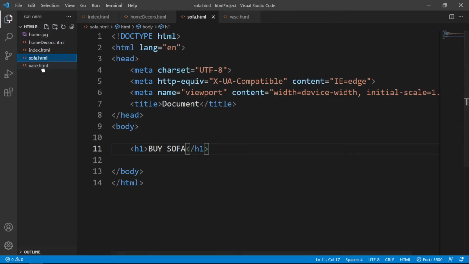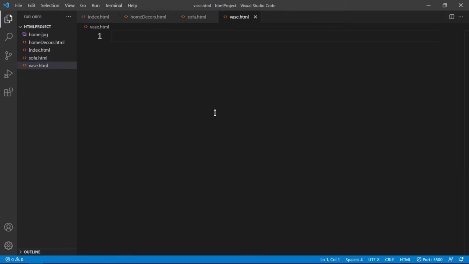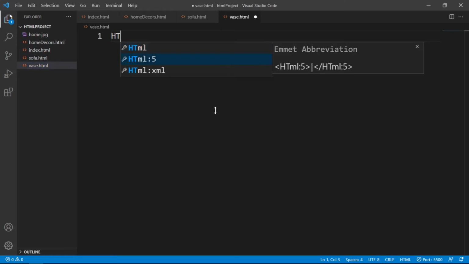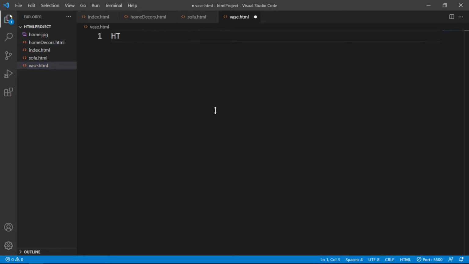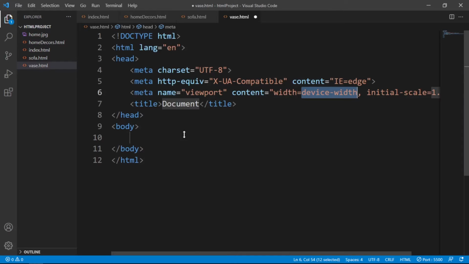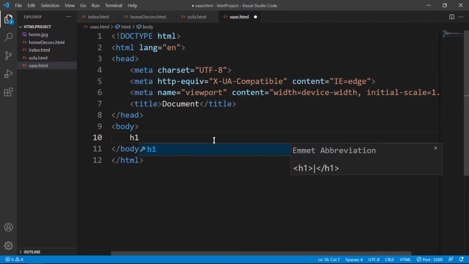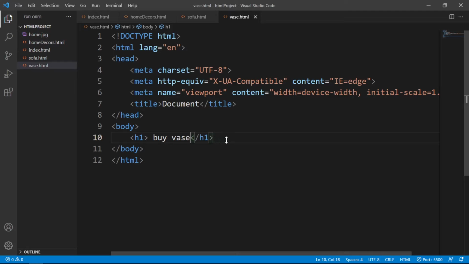Hit save, and I'm gonna give a heading to this vase page as well. Let's type in here buy vase. Let's save,